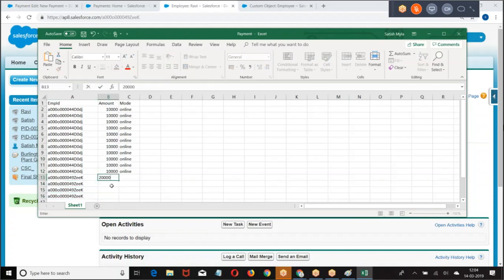For this person, I gave 20,000. Now, am I inserting the data for only one particular person? No. Now, when you are making multiple payments, you should not add a separate trigger. The same trigger should run. Now, what I'm doing? All the payments related to one employee should be grouped.